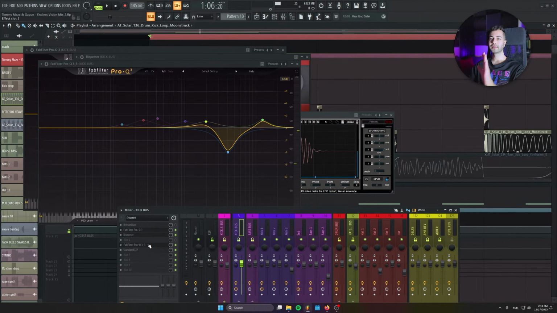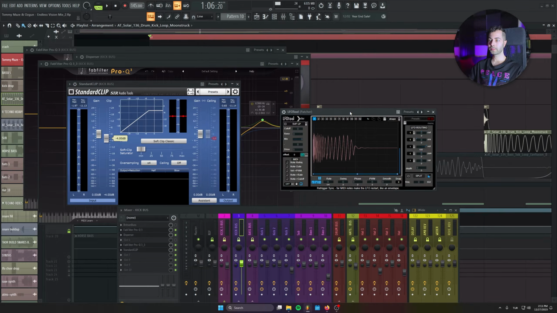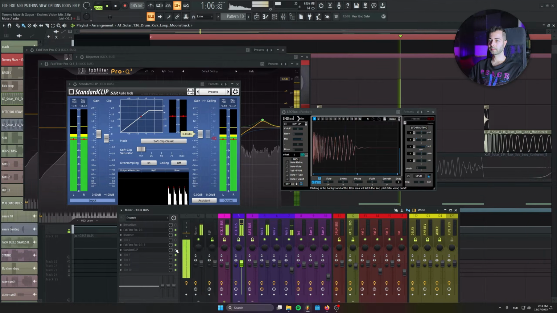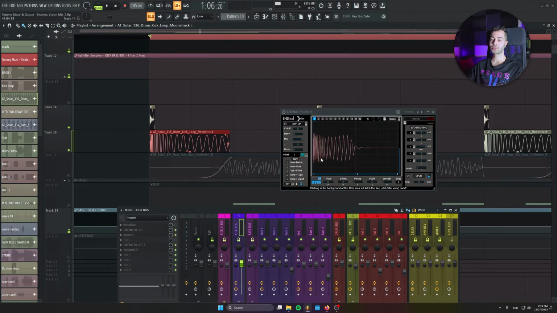As I remember, this EQ was made in the final stage of mixing. I'm not sound designing my kicks like that in the beginning, but at the end of the production, when I have more sounds, it's time for coloring, just removing some frequencies and boosting some frequencies to mix every sound according to each other. And lastly, there's clipping going on,